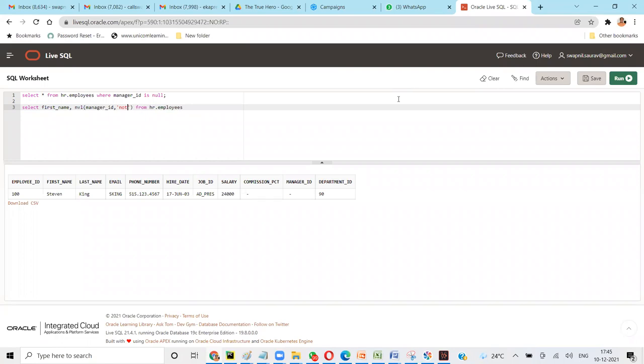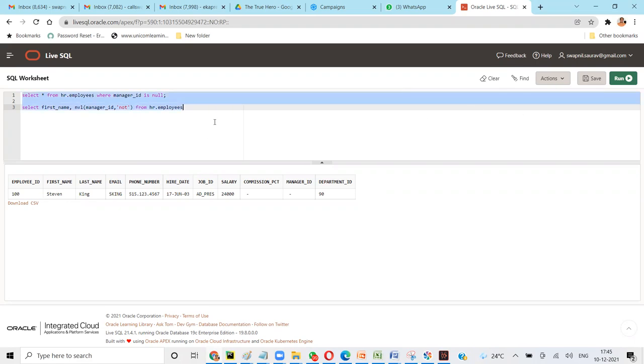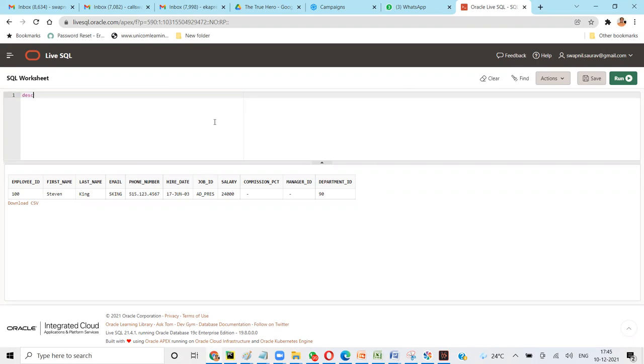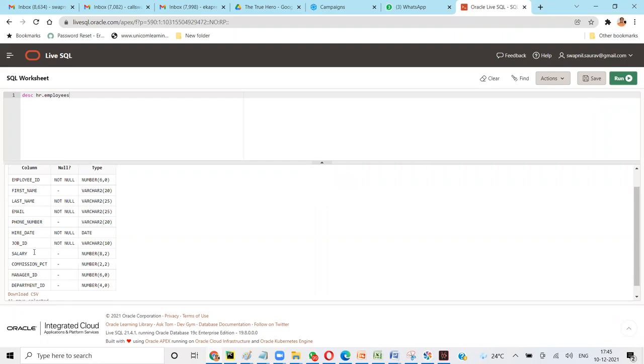Maybe manager ID could be, okay, let's do one thing. DESC HR dot employees. Then we'll come to know. Manager ID is varchar? No, manager ID is number. It is a number only, right?